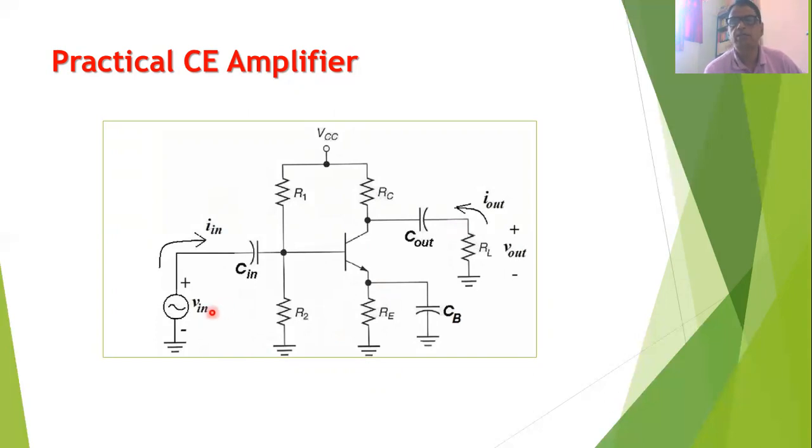When the input is a negative half cycle, then the input current goes on decreasing and the output current will also decrease, and therefore the voltage across RL will increase in the positive direction. That is, there will be a phase reversal between the input voltage and output voltage. But as I said, this circuit works as an amplifier. That is, the amplitude of the input voltage is increased at the output. This is because a very small change in the input will cause a larger change in the output, and therefore the amplitude of the output voltage is much higher than that of the input voltage.